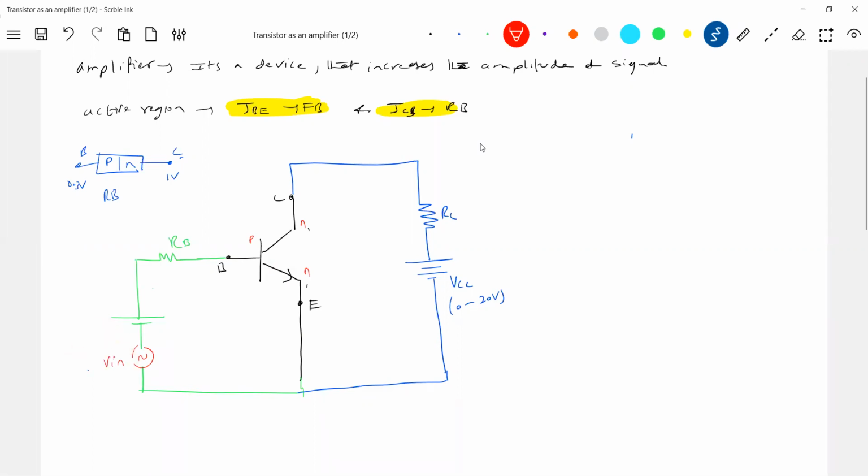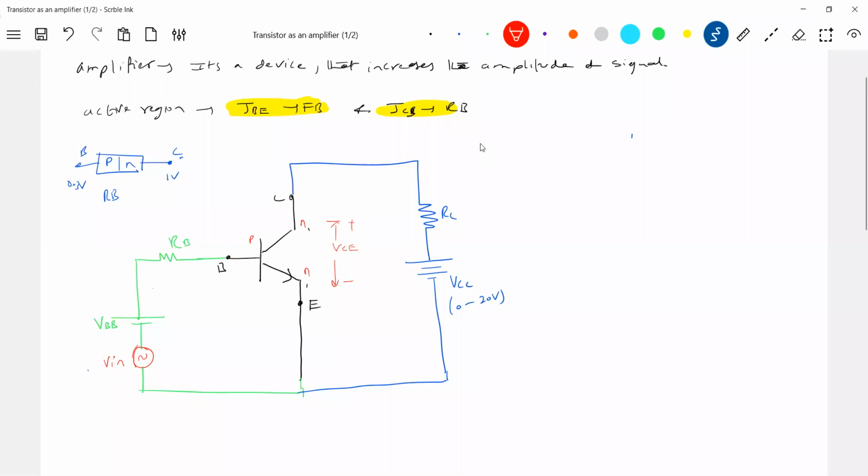This is V in, and this is VBB. The signal which has to be amplified will get like this. So this is a very small signal. Okay, let's write the expression for all the things. So this particular thing will be VC, no? And what about this? This particular voltage drop will be VB. Timing, let me indicate here.